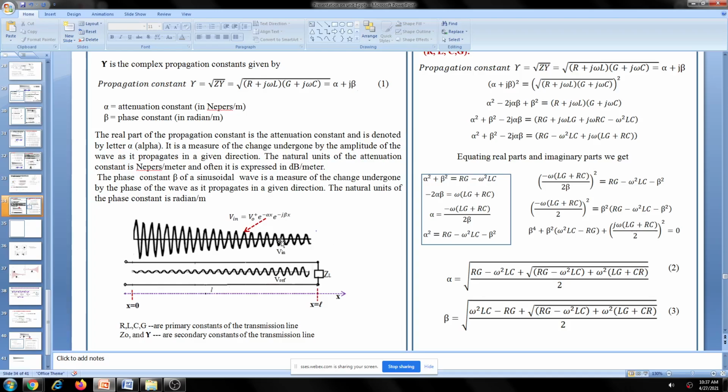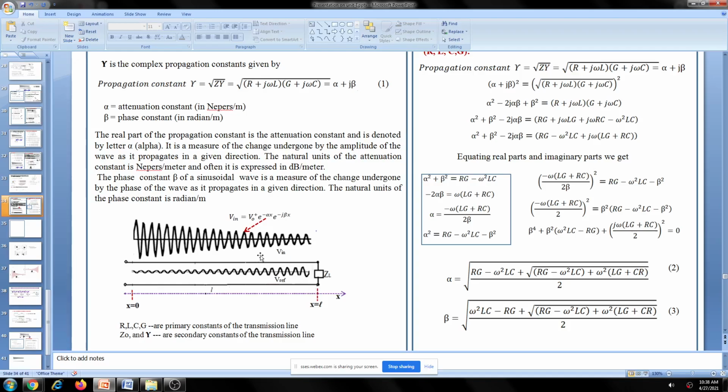So if you know this alpha, we can come to know how far it can travel before it reaches a particular destination point. For example, I know the length of the line. You can calculate the input amplitude, and we know the length of the line, and we know alpha, at what rate it varies. So we can calculate what the amplitude is by the time it reaches this point.